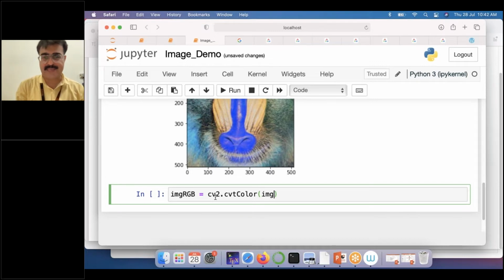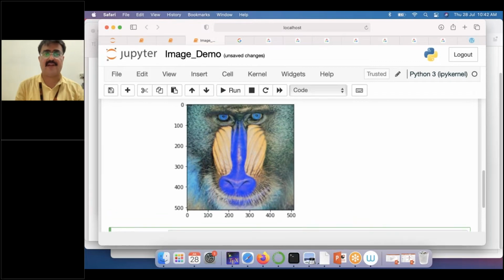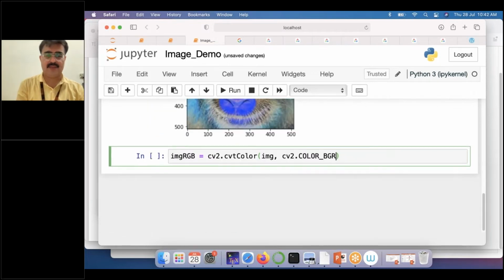I will use first the image, and cvtColor is actually convert your color. Now in what color you want to convert? So here I am giving the flag for what color I want, that is cv2.COLOR_BGR, which is the usual format for OpenCV, to